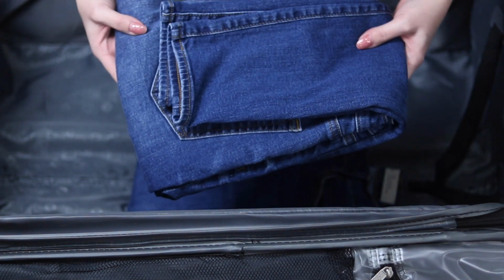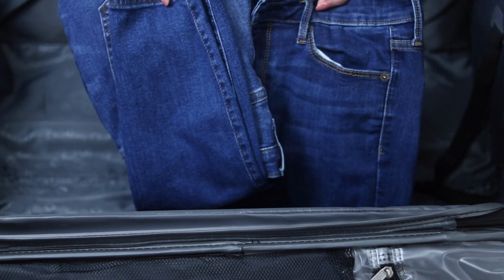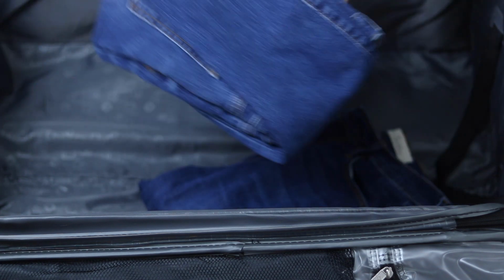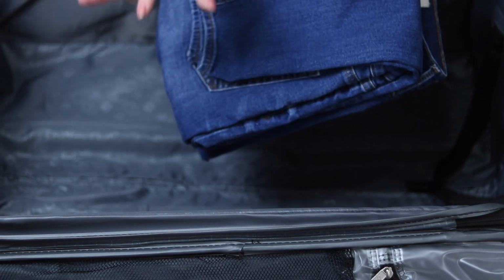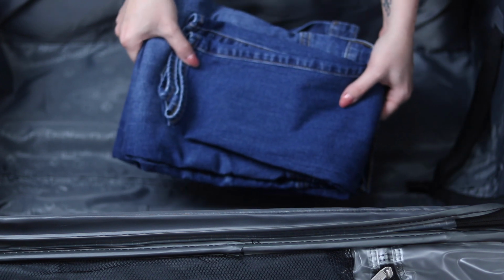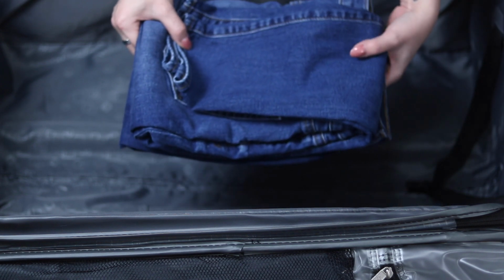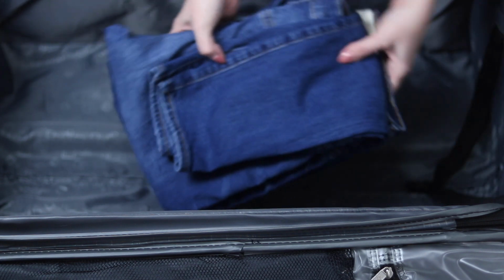I have another pair of jeans here. As you can see, I have a preference of color of jeans. I just really like and prefer this style of jeans. I'm probably not going to roll most of my stuff because it is definitely going to fit in here with a lot more space. If I had more clothes and was staying there longer, I would definitely roll my clothes, but I'm going to be putting my jeans down first